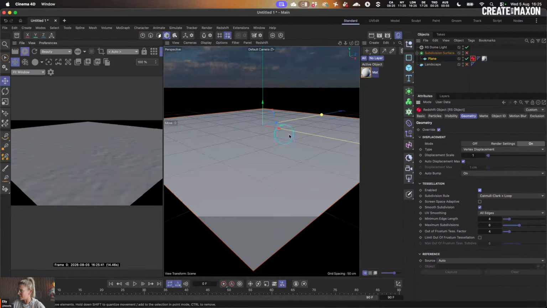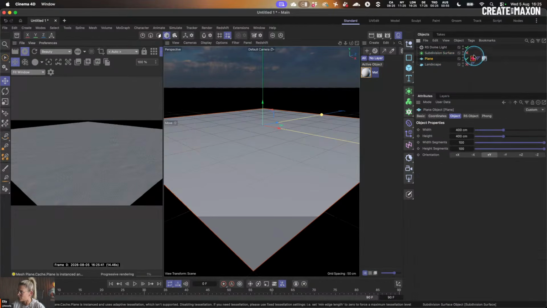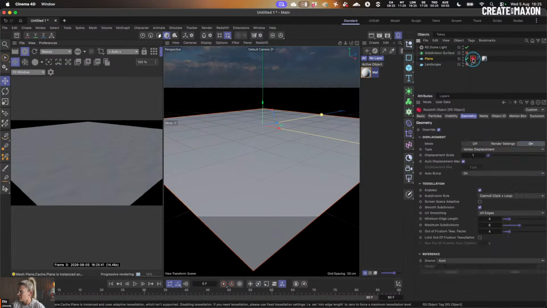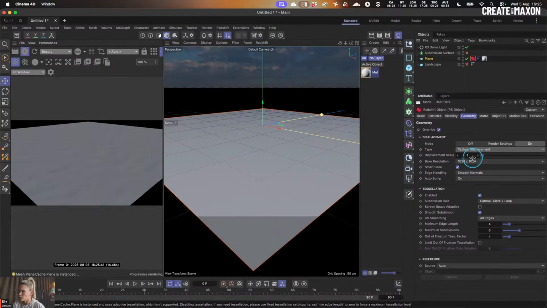Introducing texture displacement. I am going to pull this out of my subdivision surface, even though it was off, just to really show you. I'm going to come into here and change this drop down. I'm going to override it now to texture displacement. And ooh, all of a sudden, we're still in clay mode, and we're getting a result that actually looks pretty similar to what it should be looking like,